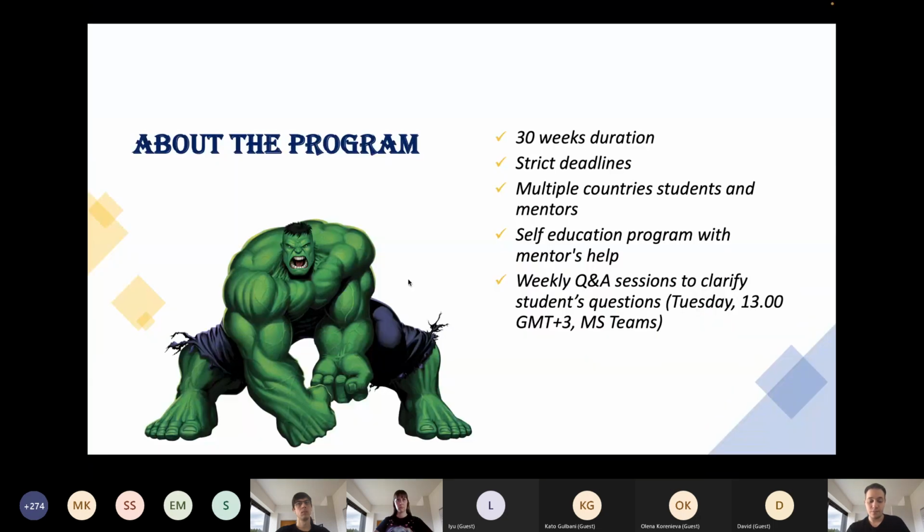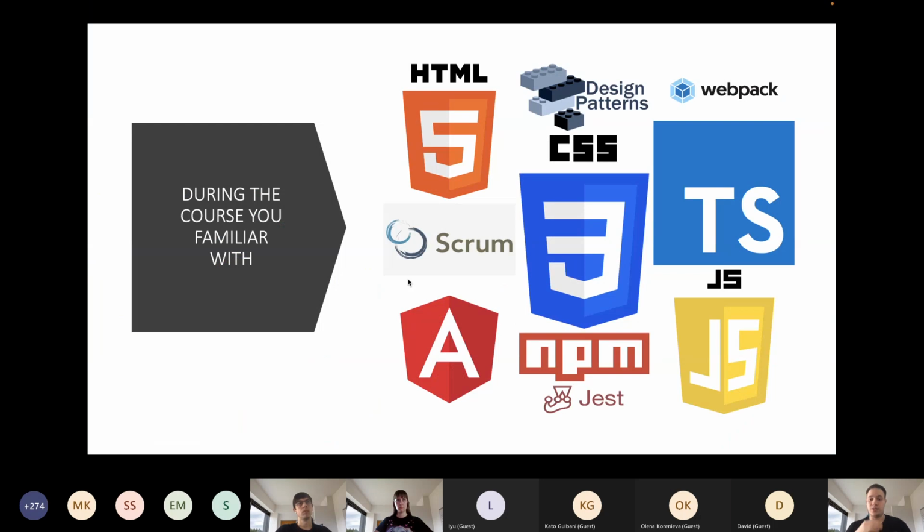Okay, so moving next. This is the brief overview of the technologies and methodologies that you're required to learn during the course. Covering from the most basic ones, these are HTML, CSS, JS development, along with the necessary tools for web development, and Angular.